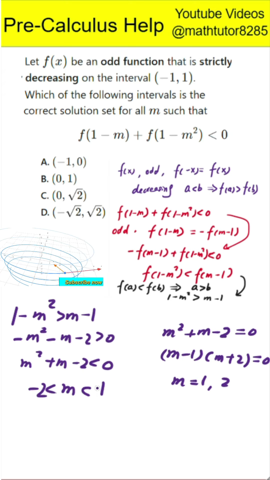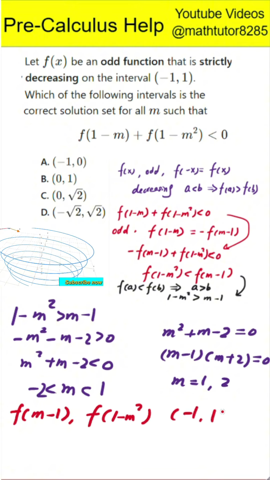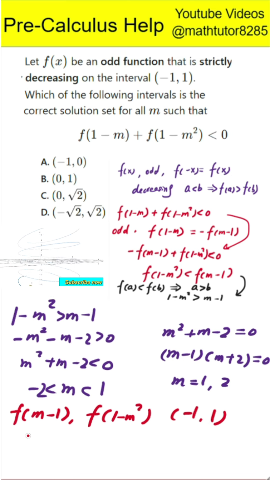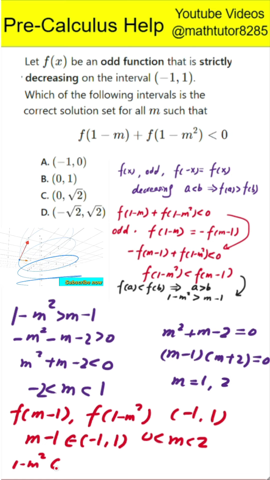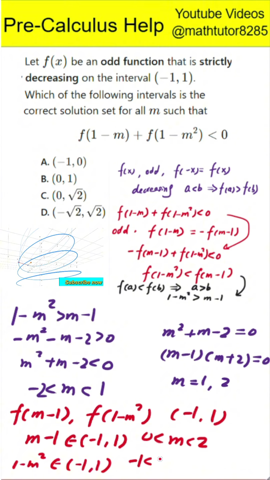Next step is to apply the domain restrictions. We now check the domain of the function to make sure both expressions, f of m minus 1 and f of 1 minus m squared, are defined inside the interval from -1 to 1. First, for f of m minus 1 to be within the domain, m minus 1 must be between -1 and 1. This gives us m between 0 and 2. Second, for f of 1 minus m squared to be defined, 1 minus m squared must also be